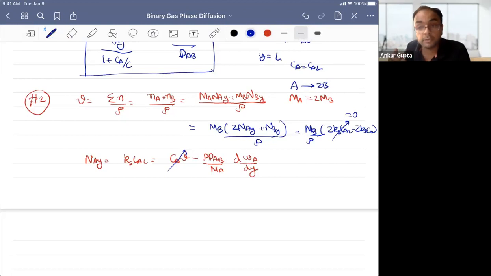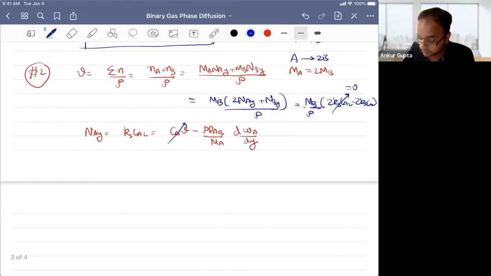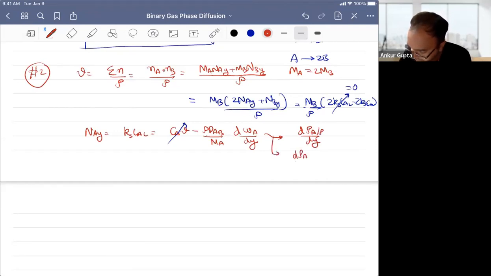So can we show that this is consistent with the other formula? And that's what you do in your homework problem for a slightly different twist. But let me just show you how to do this for this problem. So we know that this d omega_A/dy is actually d(rho_A/rho)/dy. Okay, and that actually means it's d rho_A by dy, 1 by rho, minus 1 by rho squared, rho_A d rho by dy. Okay, so I'm just taking the derivative using the product rule for rho_A by rho,